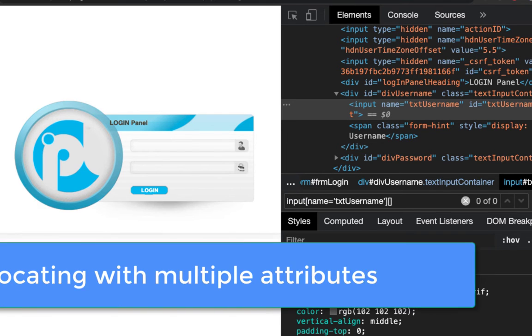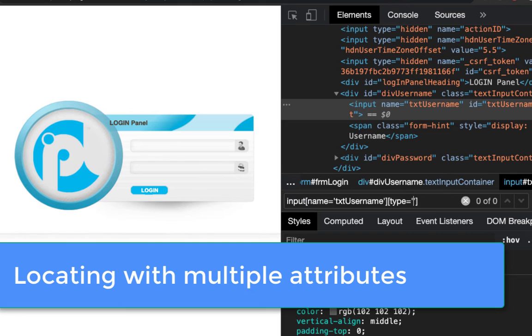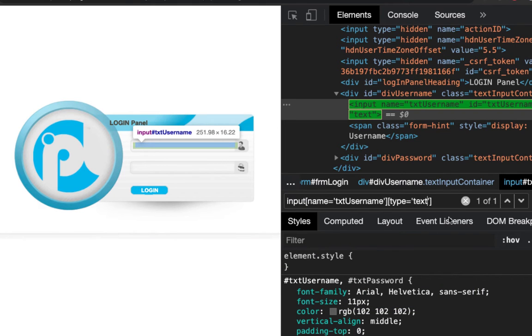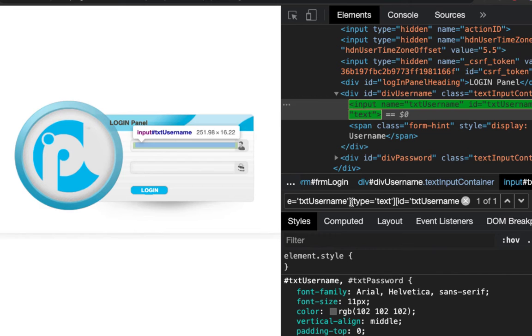You can combine more attributes like first name and last name in real world scenario to locate the element. You can use multiple attributes like this, one after another with square bracket and the attribute and the value, attribute equal value. This way you locate the elements. Usually it is not recommended to use many attributes. Going beyond 2 is lengthier.